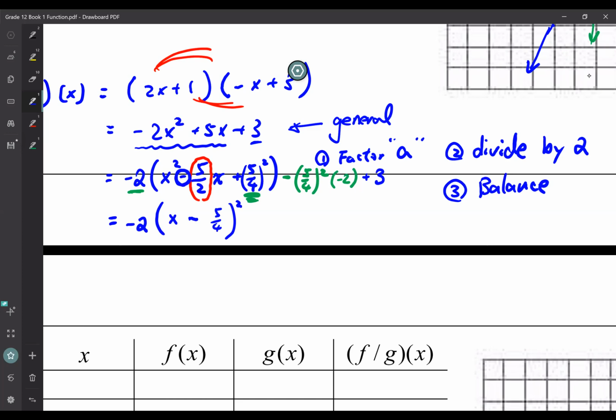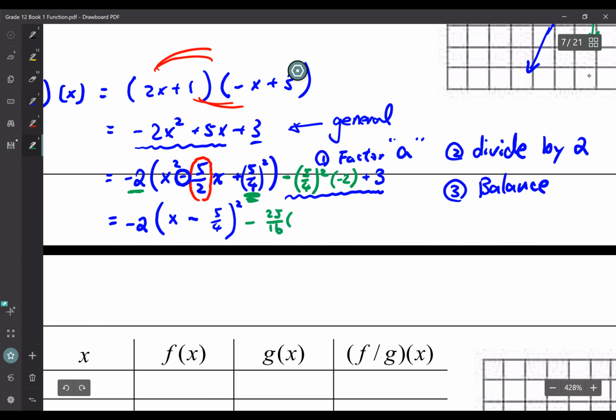To double check, you could expand this bracket. You should get back to the previous line, right? And then now we just combine everything here together. So if we simplify this all together, 5/4 squared. Okay, let's do it slower. We use the green here. So it'll be minus 5/4 squared